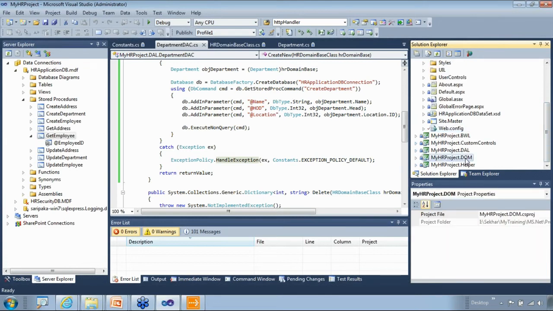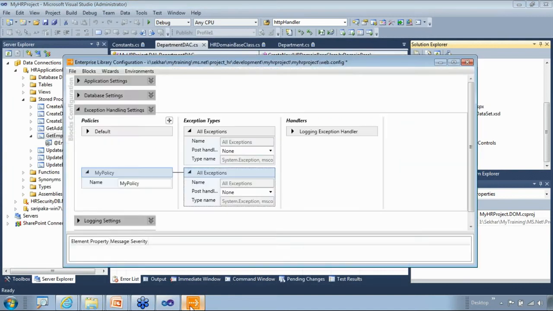In which case, I'll have a custom exception, for example MyHRProject.Exceptions.DAL, and all the exceptions that happen within my data access layer will return an exception called my DAL exception, and similarly a data access layer exception and a BLL exception. In that case, you can pick and choose or define different policies that target the respective